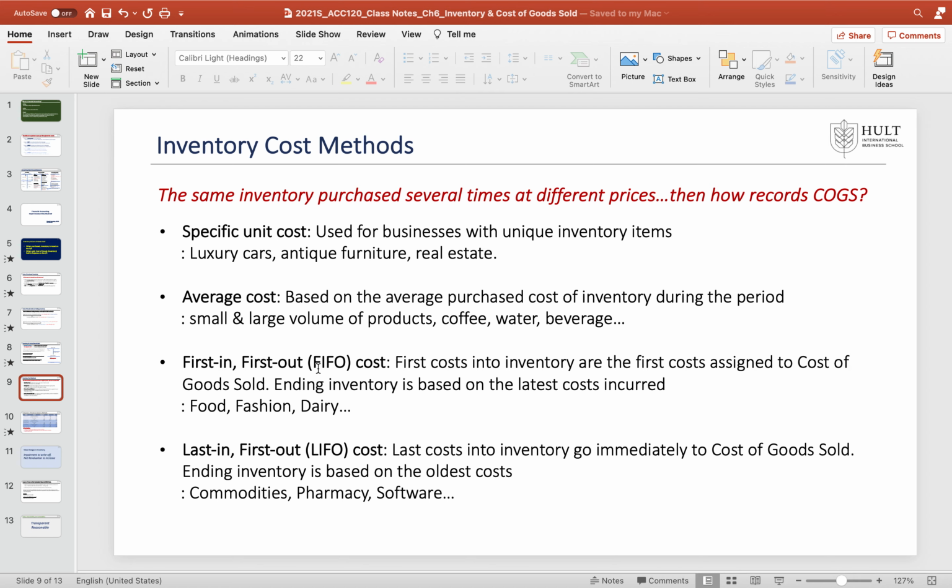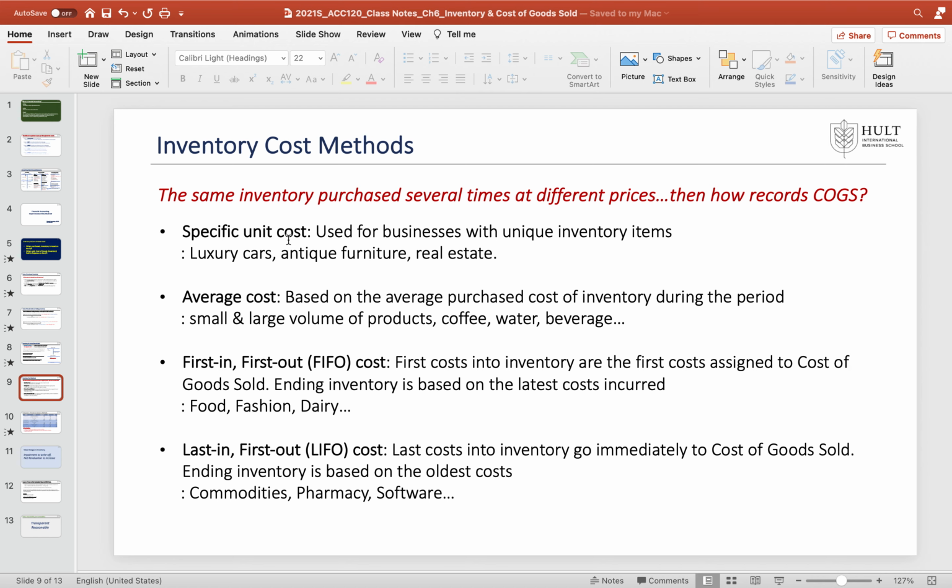Hello students, in this video clip we'll practice how to record the cost of goods sold on the income statement, and then how to record the ending inventory on hand on the balance sheet throughout the period. As we discussed in class, if a company purchased the same inventory, the same goods, several times